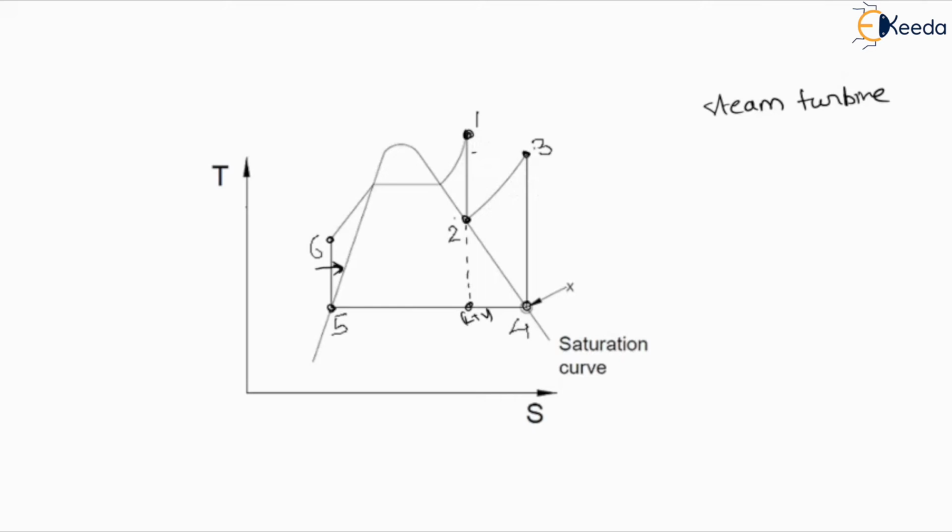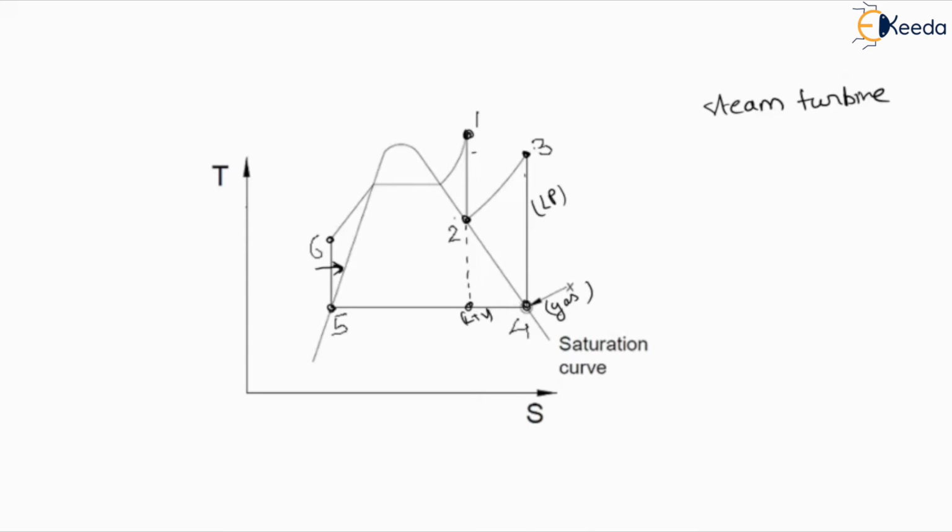Now from point 3, what will happen? From 3 to 4, again an isentropic process will happen. So from 3 to 4 we consider isentropic expansion. After the isentropic expansion, when we reach point 4, which is performed in the low pressure turbine, we will get completely saturated vapor, or completely saturated steam. There will not be any liquid at point 4. So this particular steam, or working fluid, will be in gaseous form here.